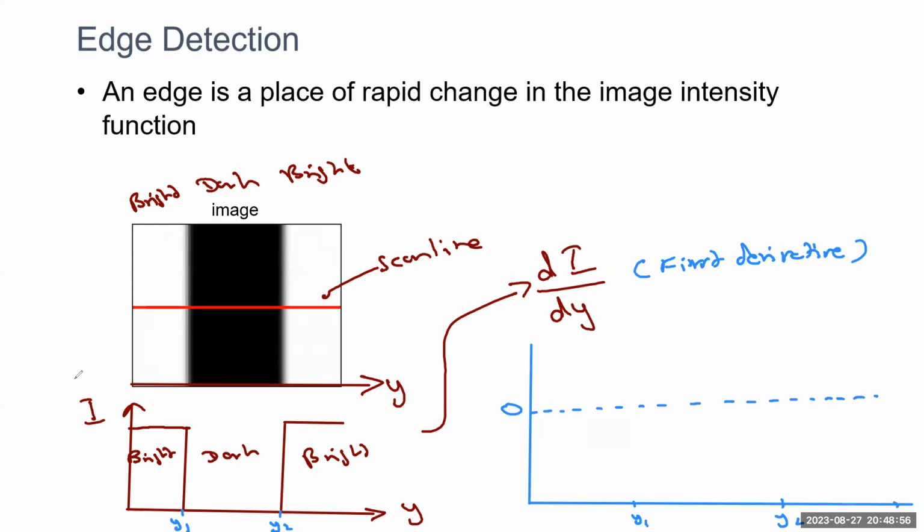Now, if I obtain the first derivative of this, di over dy, what's di over dy for this part? Here it's a constant intensity, right? So the derivative of a constant is what? 0. So if you get the differentiation of the constant, it's 0, right? So it's going to be this line,